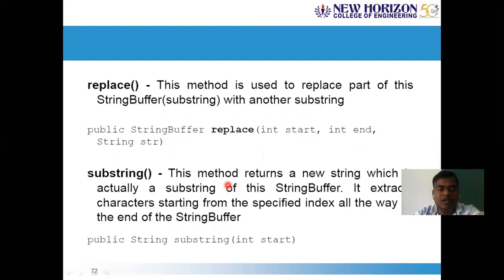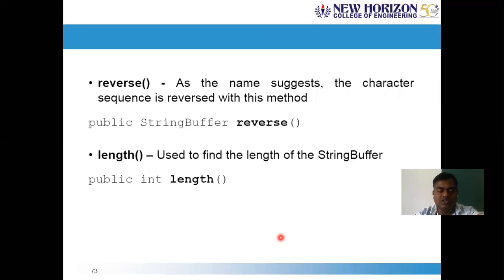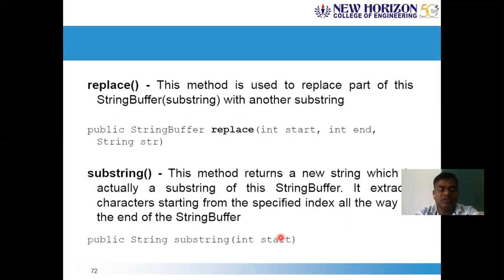Next, make a substring of it. The substring built-in method works the same as the substring method available with the string class. Substring takes one argument. If it takes only one argument, it starts creating the substring at the specified start index, and creates a new string till it reaches the end of the string. If it takes two arguments, it starts at the start and stops at one character less than the second argument you specify. So substring can take two arguments here.